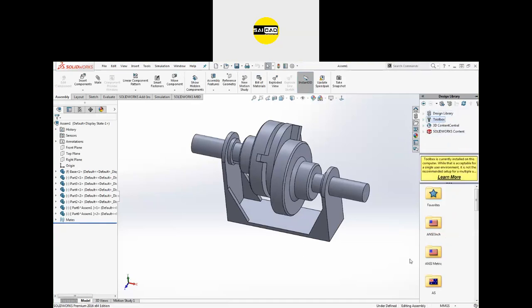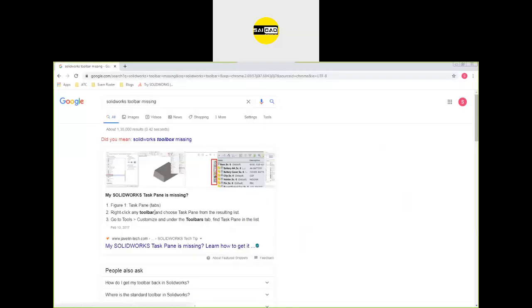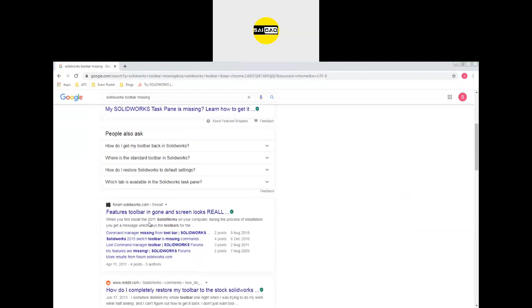Okay, click on the toolbar. Right now you can see I have the toolbar here, but if you don't see the toolbar, like it is asking you to insert the toolbar, I will show you what to do. SolidWorks toolbar. I think it is saying that the toolbar is missing and you have to search how to do that. For that you can go to Google and search, or I will send you some links on how you can activate the toolbar.